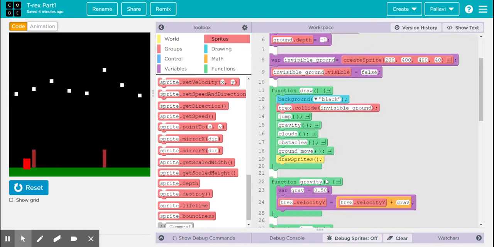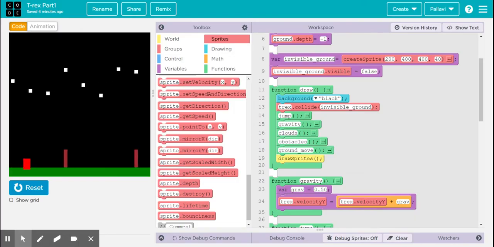I have broken the complex problem into smaller parts. So I have created a few functions like jump, gravity, clouds, obstacles, and a moving ground. As you can see, the ground is moving here and it's moving towards left. And I have used the T-Rex collide block because